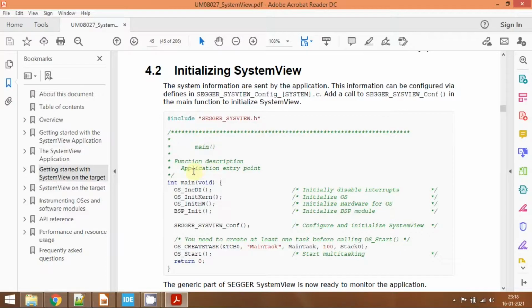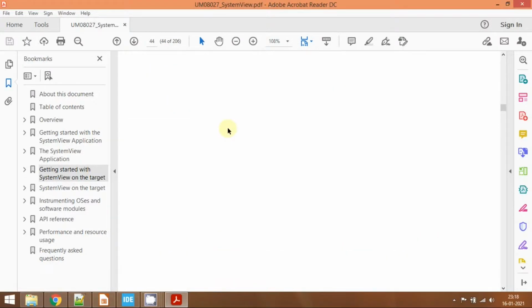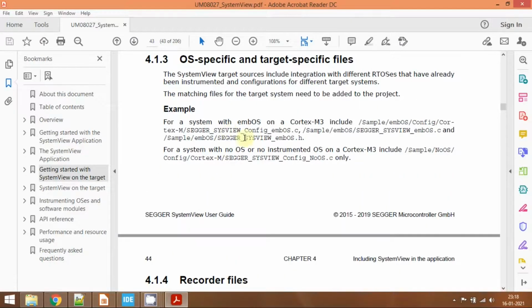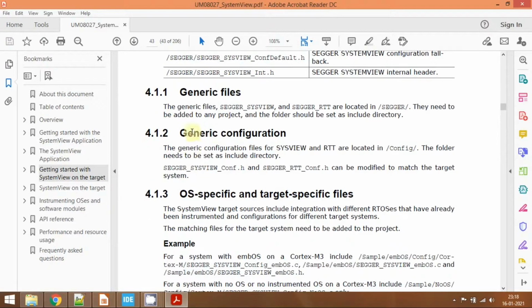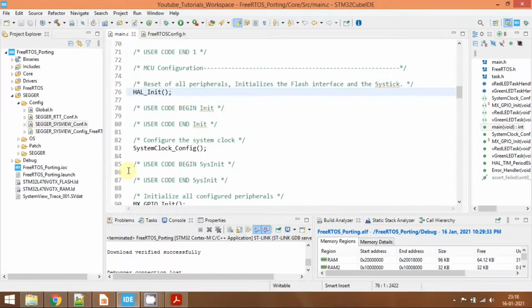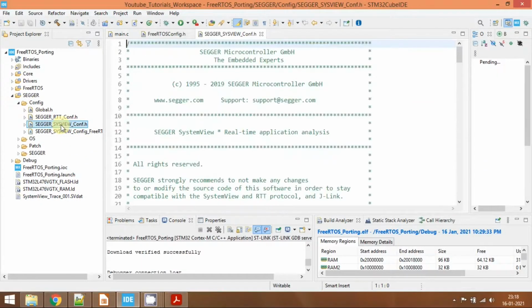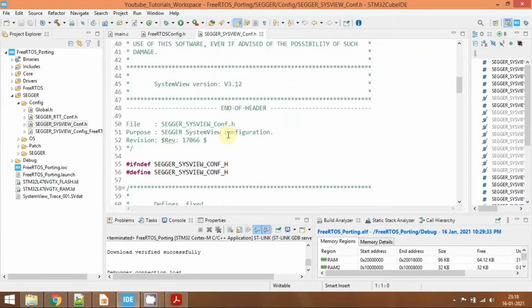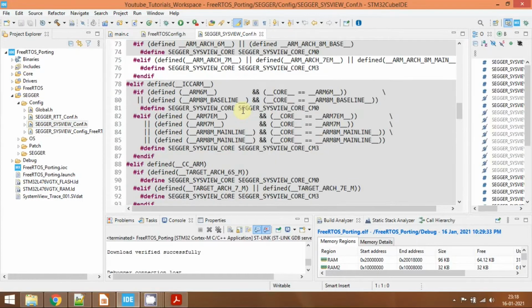So now what we will do is we will configure all these files, starting from the generic configuration. First we will modify this generic configuration. Go to CubeIDE, go to the SEGGER folder, expand the Config and open this SEGGER_SYSVIEW_Conf.h file. If you scroll down a little bit, we'll be able to see all the options.